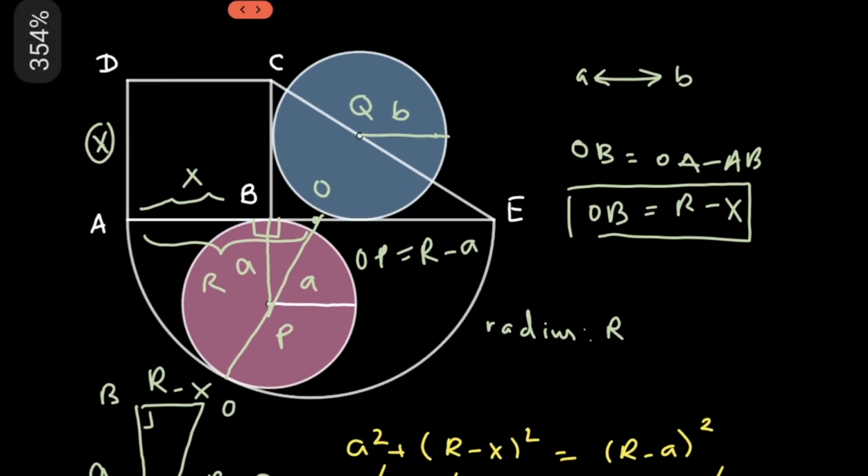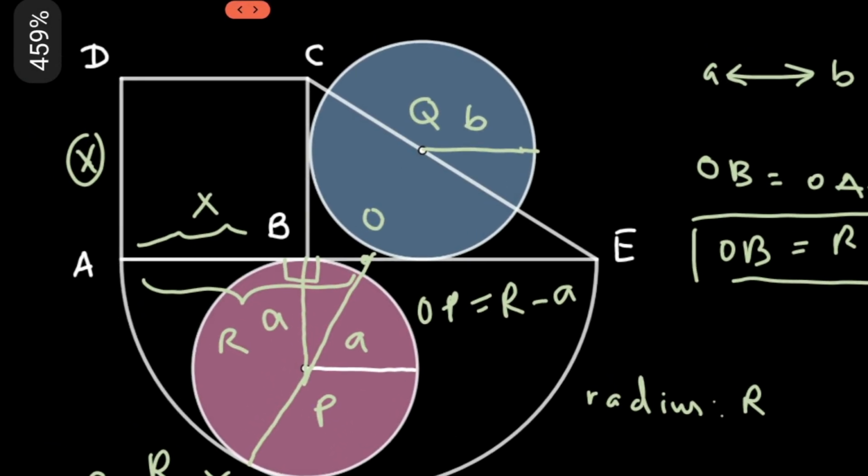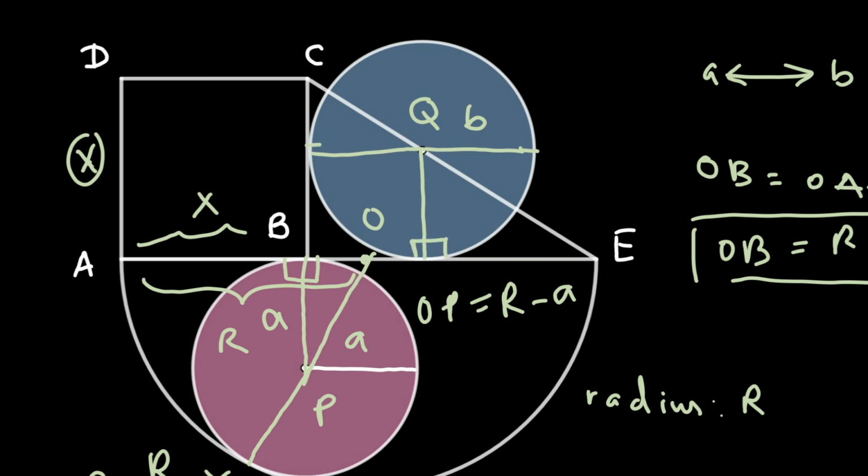Now let us work with this blue circle. So here also we will utilize the fact how it is arranged in this diagram. We can see that the position of this circle is fixed by 3 things. The center lies on the hypotenuse CE. This and this are the tangent points. So first of all, I will draw the radius to these tangent points, and the angle formed over there would ultimately be 90 degrees.